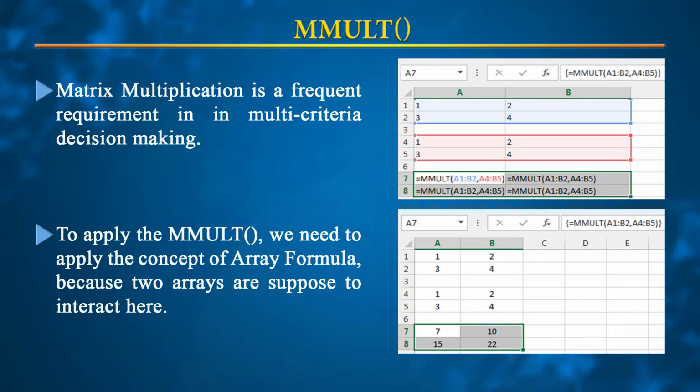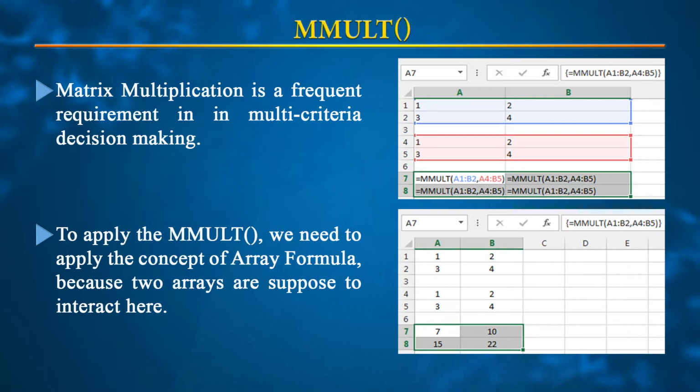Now, over here, say two matrices are to be multiplied. Say the first matrix is storing the numbers 1, 2, 3, 4, and this is the row-wise description, that in the first row we have the two numbers 1, 2, and in the second row we have the two numbers 3 and 4. Subsequently, the same matrix is repeated, and we have a second matrix having elements 1 and 2 in the first row and 3 and 4 in the second row.